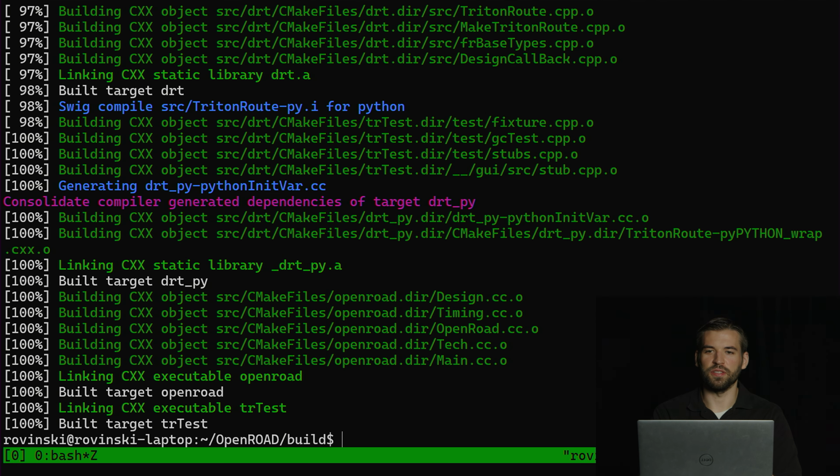Okay, so our build has finally finished here. You'll see that the important thing right here is that right at the end it's built target OpenROAD. So that means that it built the OpenROAD binary. The next step is to technically install it, so these binaries are not in a convenient location. So we're going to want to run make install. But before